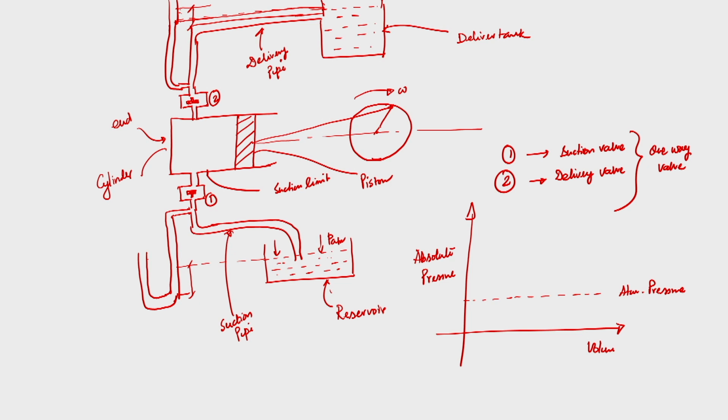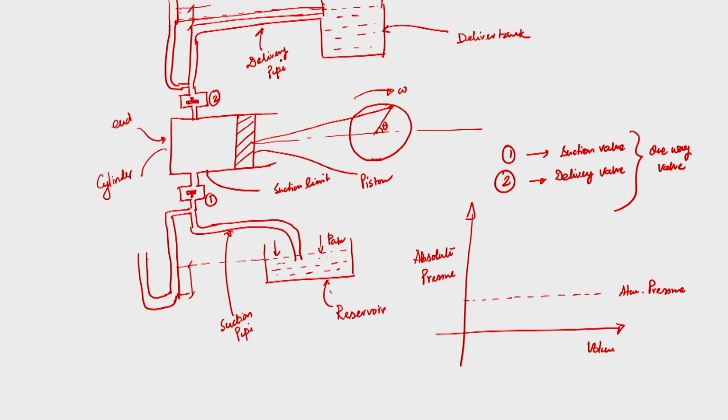So now if I draw the indicator diagram of this particular pump, this is the operation principle, and of course how much amount of liquid we will get essentially depends upon the frequency of the piston movement, since it is connected to the crank and connecting rod mechanism. Now suppose this angle is, let us say, theta. If I draw the indicator diagram, absolute pressure versus atmospheric pressure, what is happening?